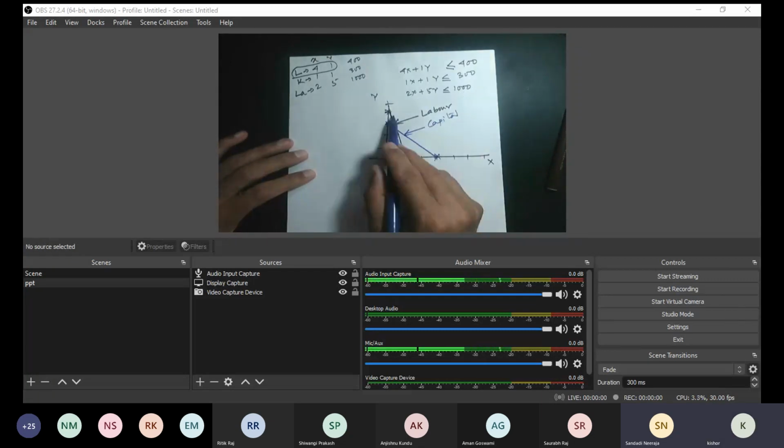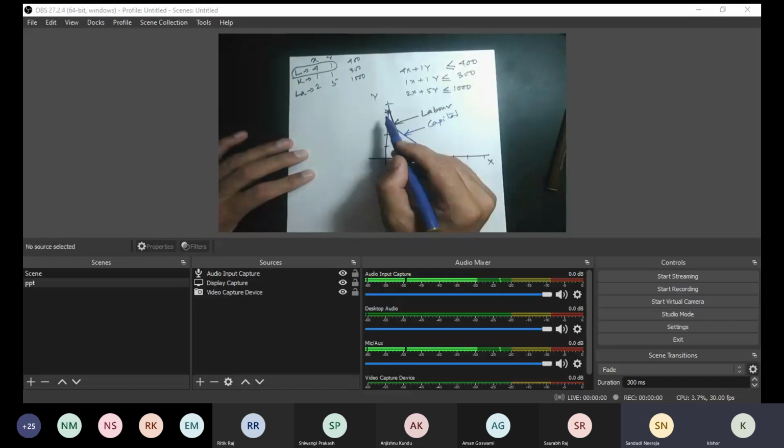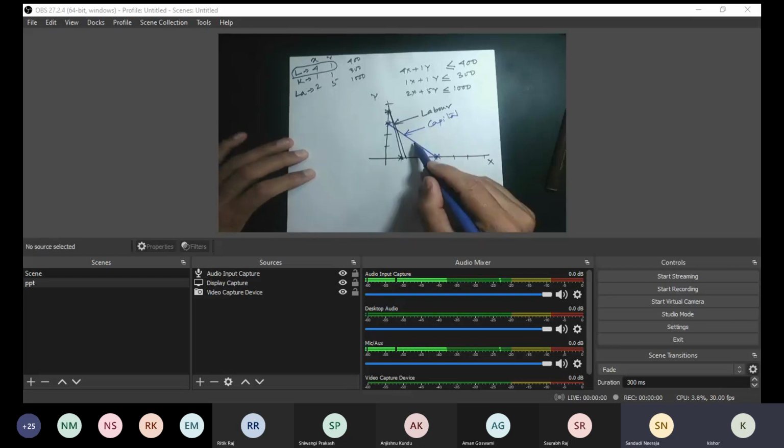The meaning of labor or the meaning of capital: suppose for labor, any point you can reach is on this line or below this line, because it is 400. You cannot go beyond this line. This is the limitedness. For capital also, you cannot go beyond that line.